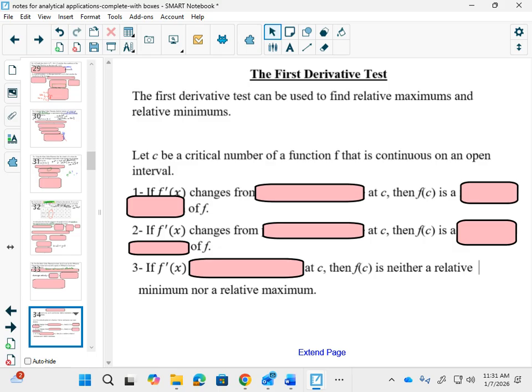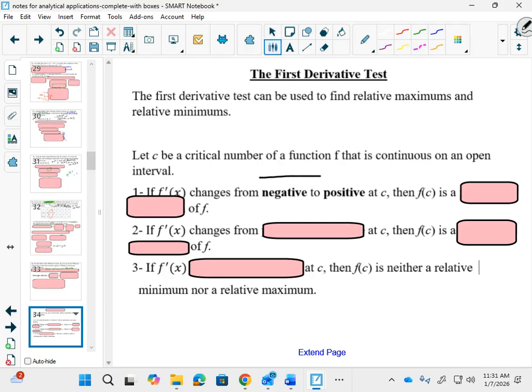So we could have a continuous function with a derivative that doesn't exist with a corner or a cusp, or we could have it nice, smooth, and differentiable all the way through. If f prime of x changes from negative to positive, and I'm going to draw my sign diagram right now here. I'm going to put f prime of x. I'm going to put some point c. If it changes from negative to positive,